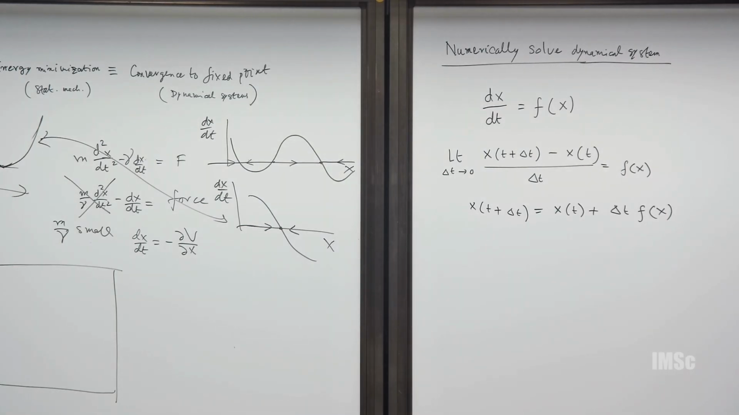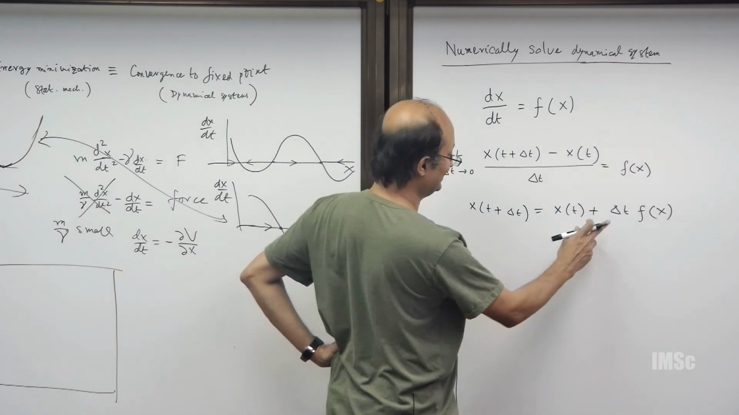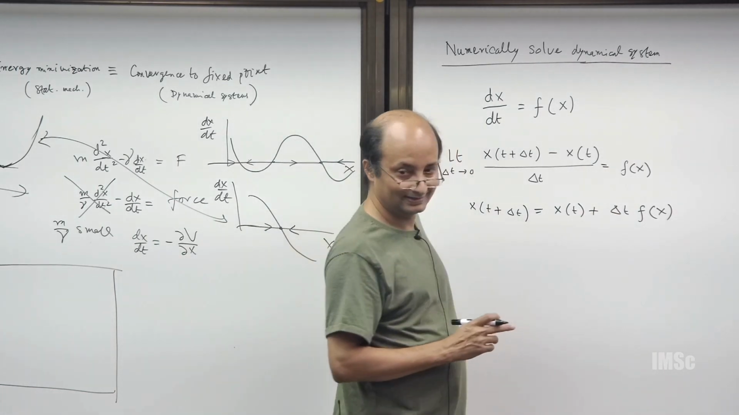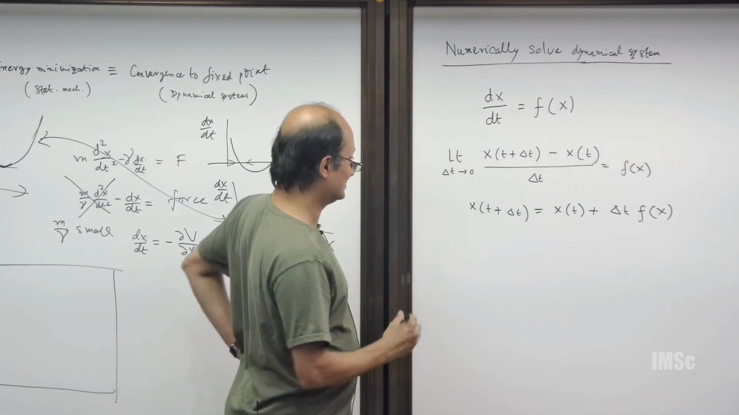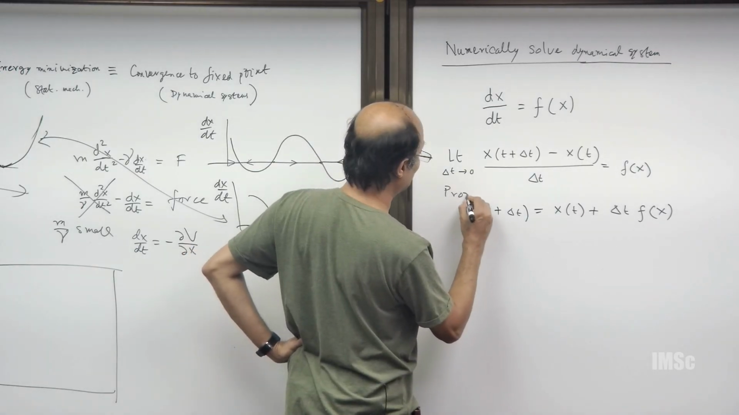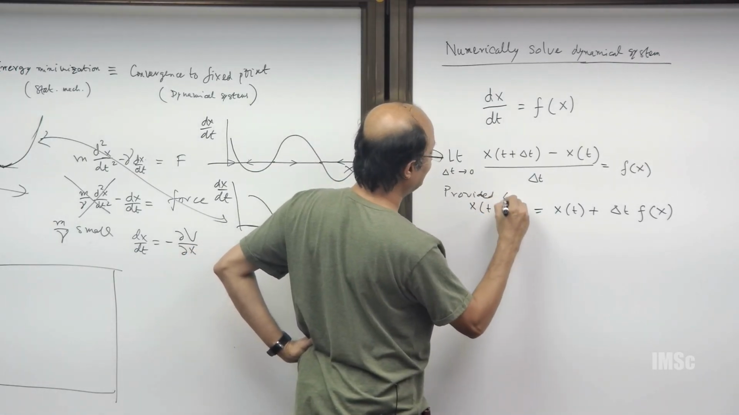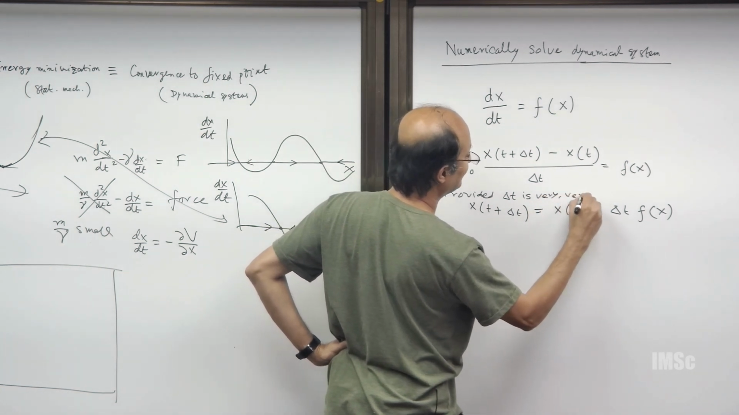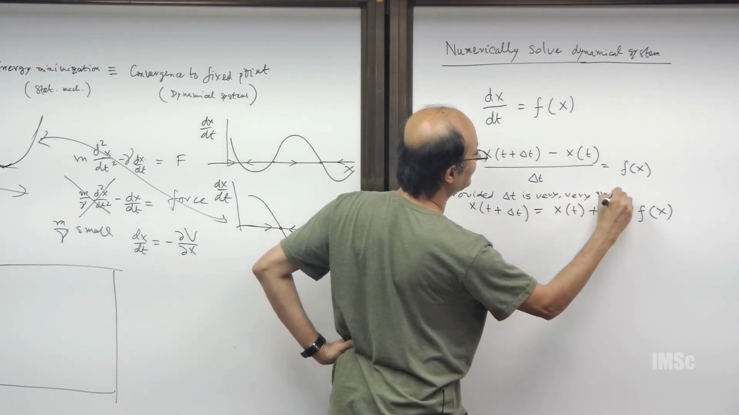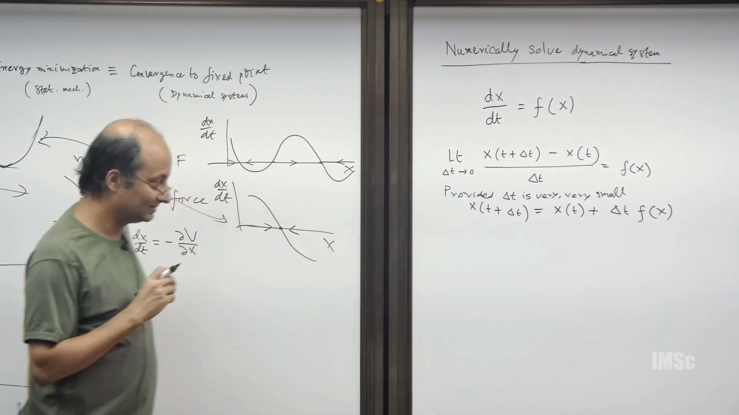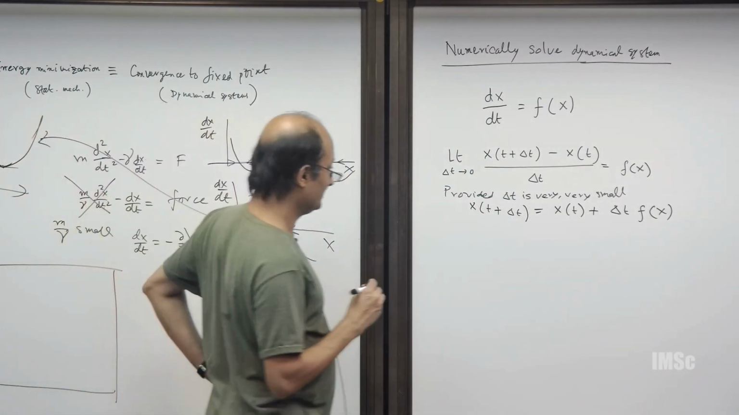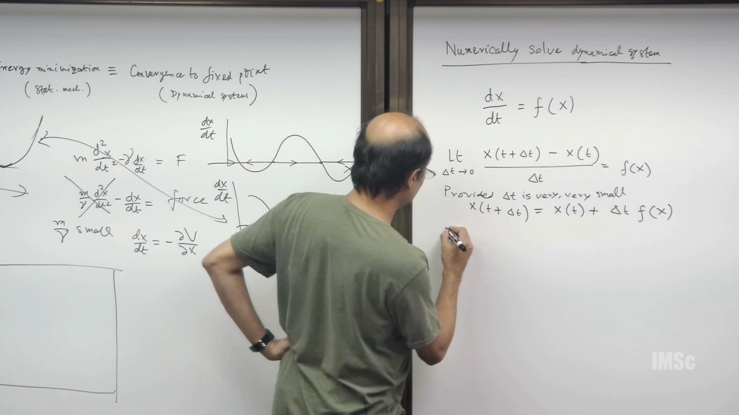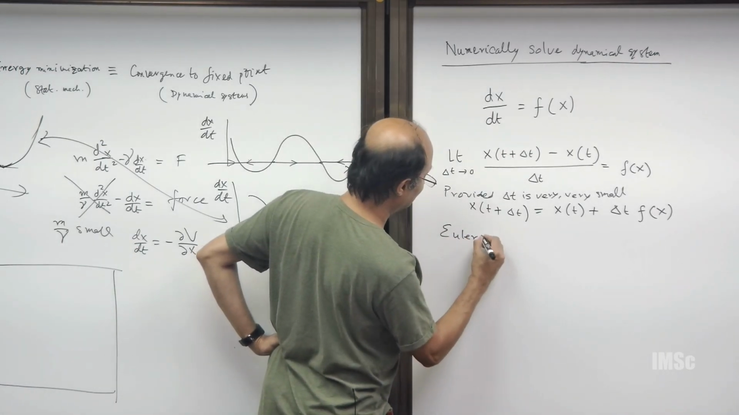Can you see it? Why? Okay. So this is the trick. Provided this is true, provided delta t is very, very small. So this is the so-called Euler method,